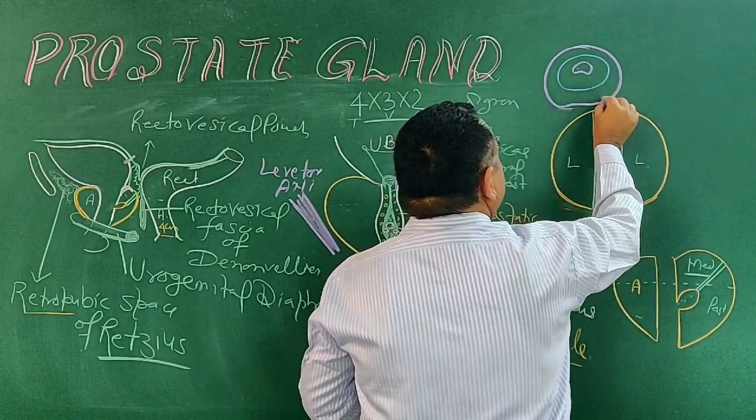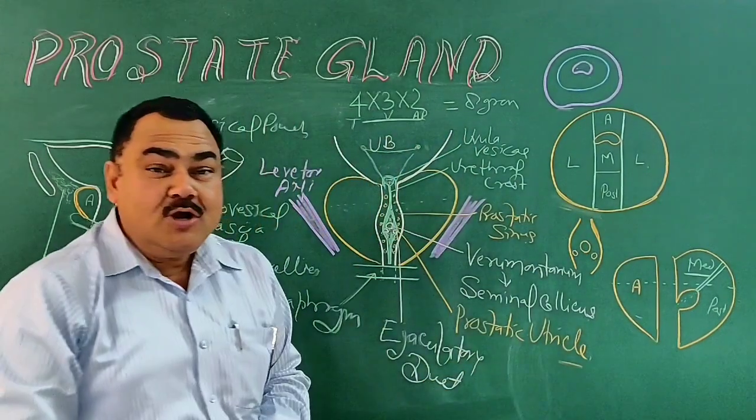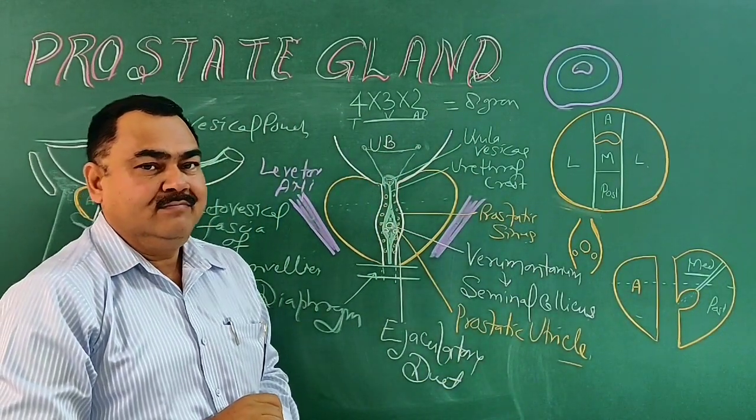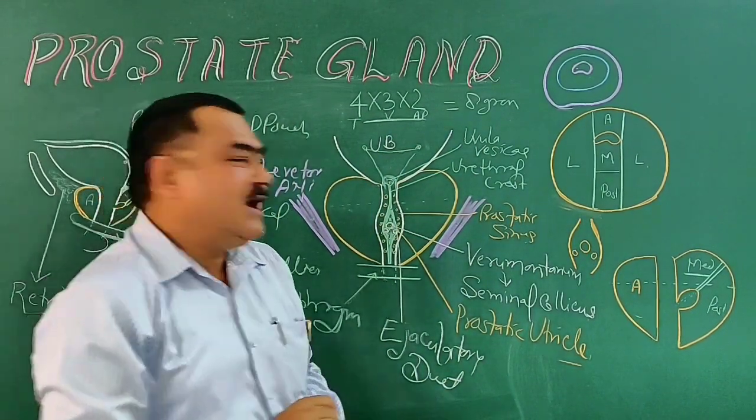This is the inner zone, this is the outer zone. The inner zone develops from mesoderm,